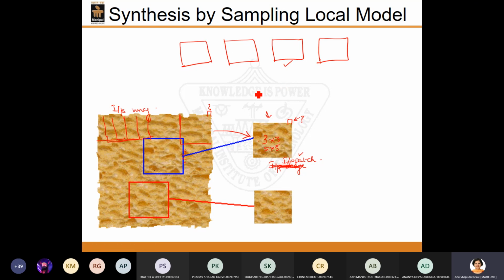Okay, so once I select this one, what I do is, now I need to find out what is this pixel intensity or value over here, right? So the corresponding pixel intensity value which is present over here, that would be replaced in this particular pixel value. Okay, so here one thing you have to note down is, we are not looking at the best performing or the best match with respect to the input. I can select what is the best match over here and then find the value over here, but I'm not doing